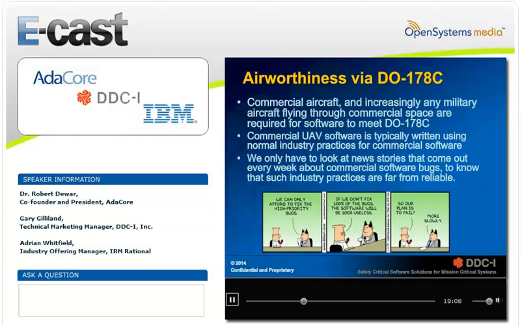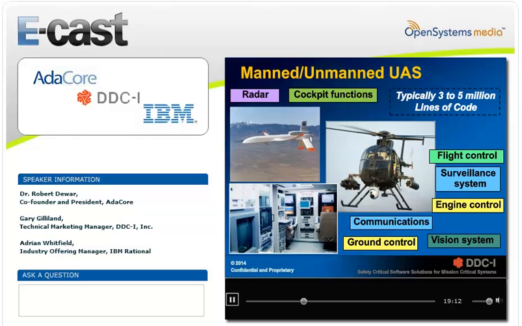I put this example up here because I think the question is, what's it going to take? You look at what's in a UAV, and a lot of times we'll look at the small things, the ground stations, but that middle picture is actually a commercial helicopter that was retrofitted for military use. A lot of the current aircraft systems being built today are built to be manned or unmanned. So I think that